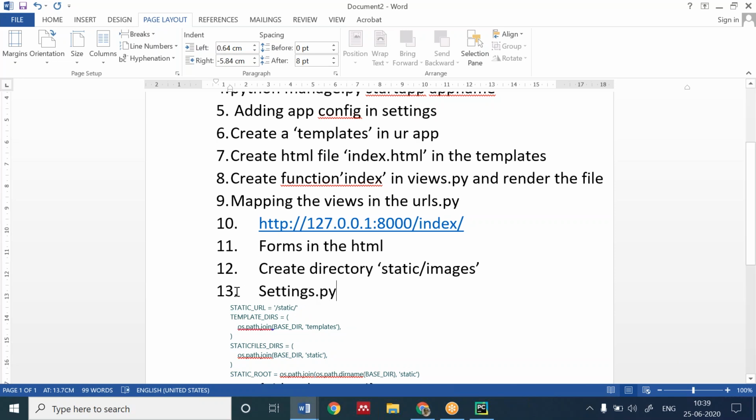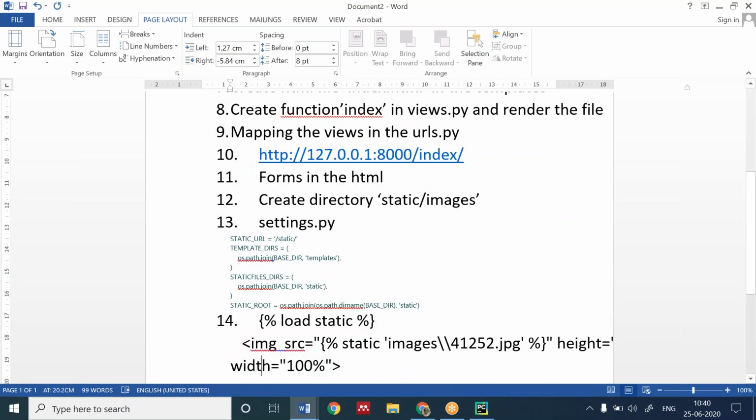Somebody's code can be running perfectly, somebody may have a problem, so they can write this sort of code at the last in the settings.py. I'm writing it at the last. Hope it's clear now.